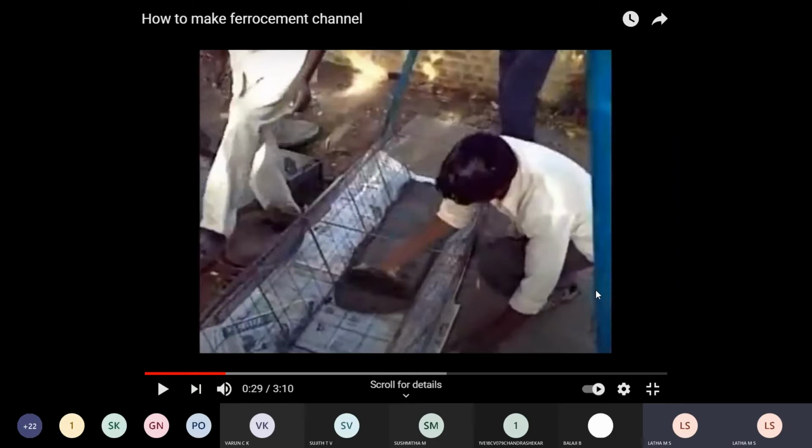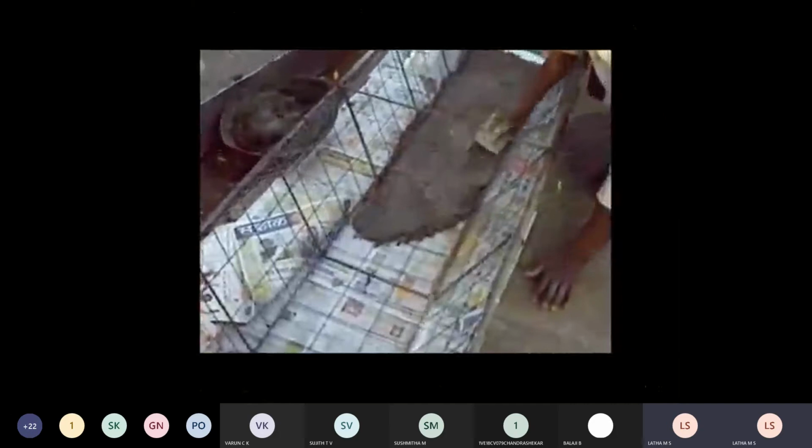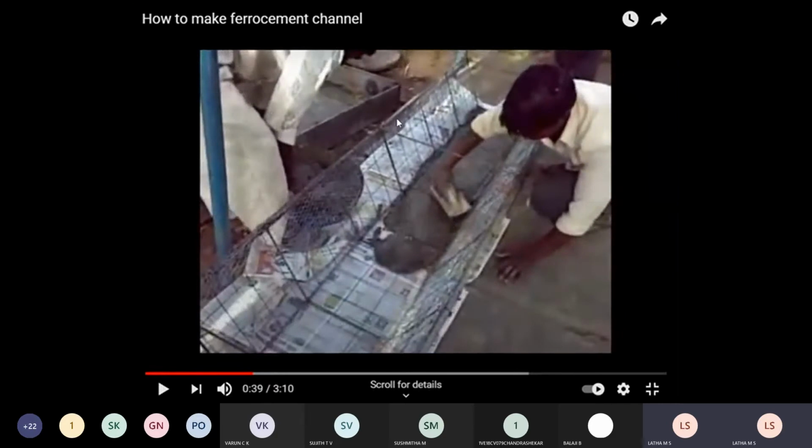This channel can be readily used for the roof construction. In the earlier video you saw a U shape, curved. See, in between you can see some tie rods. Tie rods are made available at regular intervals so that the channel is in its position of the cage.